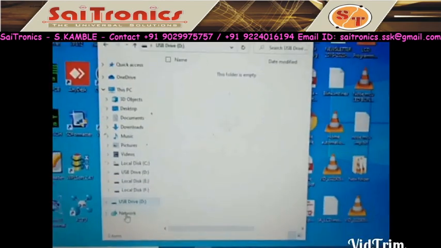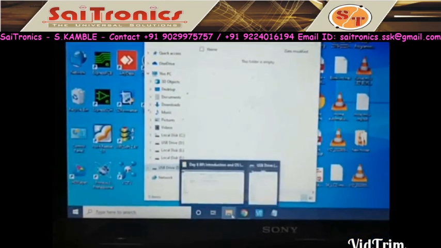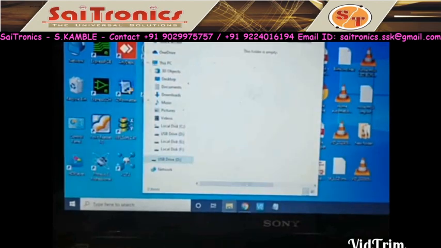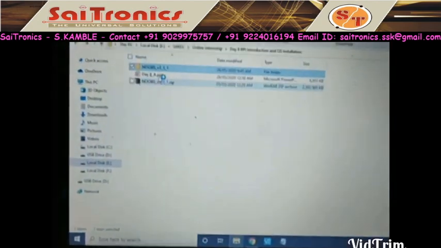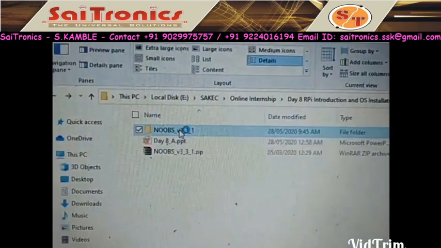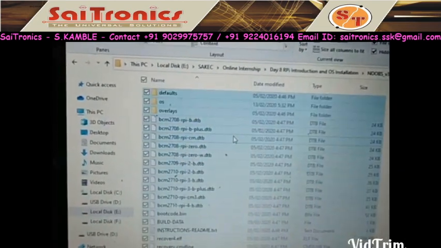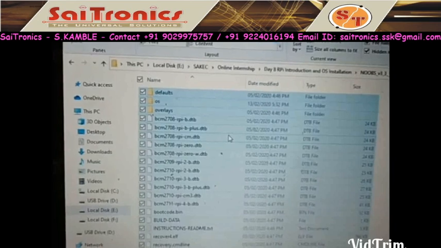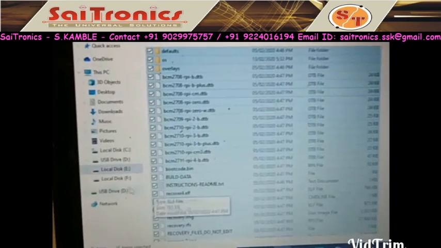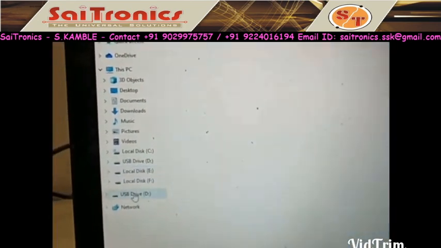Now open our NOOBS folder. Open this folder. Select all files by Control A. Copy all files by Control C. Go to USB drive.